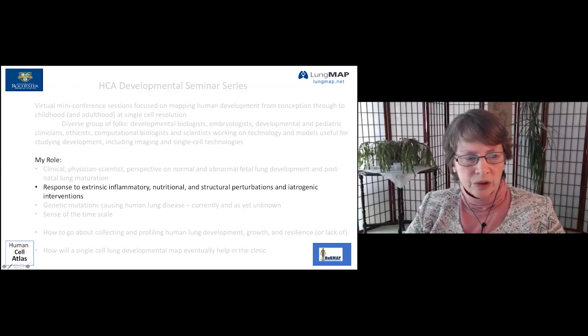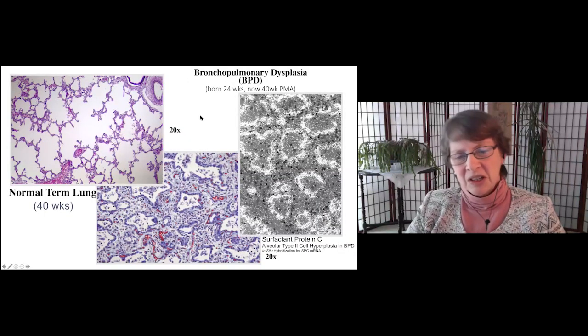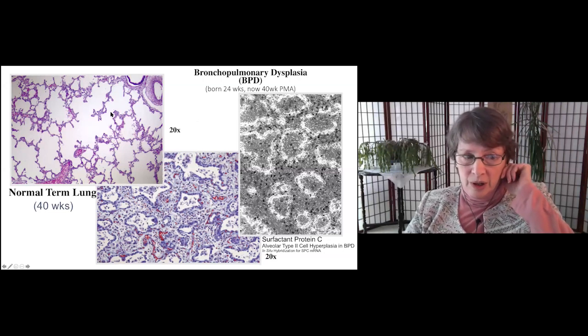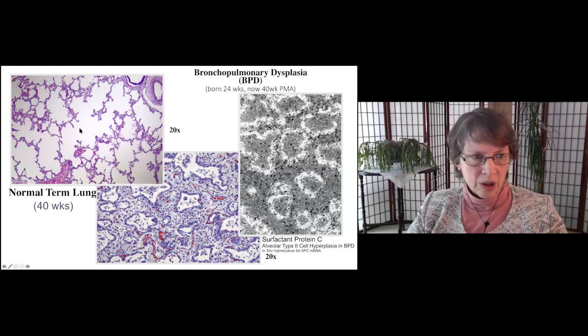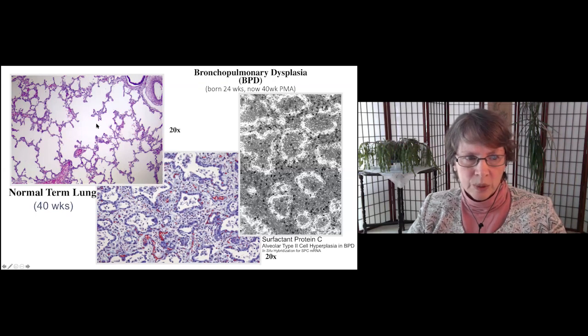Okay, now a little bit about response to extrinsic perturbations and iatrogenic interventions. What I'm going to mention here is the disease of bronchopulmonary dysplasia. This is the histology of a normal term lung in the alveolar stage, where we have thin septa, increasing surface area for gas exchange. When a baby is born in the late canalicular or early saccular stage, in particular at less than 29 weeks gestation,